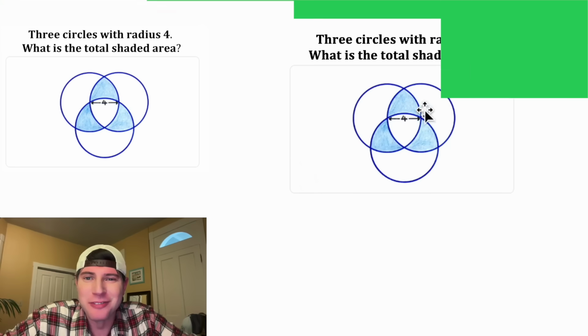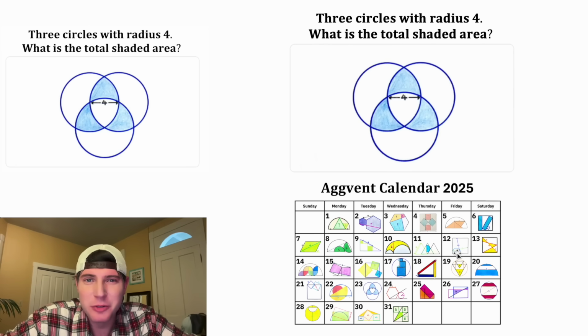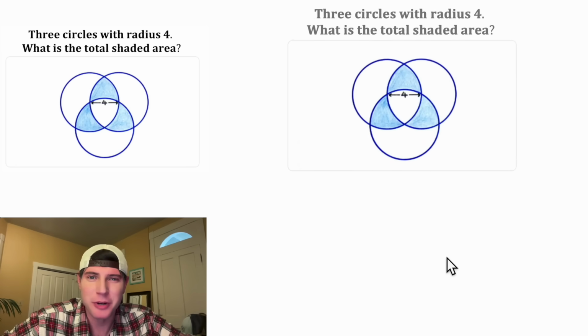Hey guys, this looks like a fun one. We're given 3 circles with a radius of 4, and it's asking what is the total shaded area. This is day 23 of the 2025 Advent calendar. For the month of December, we're going to try to solve 31 Catriona Agg puzzles in 31 days. And if you want to try this one, pause it right now because I'm going to solve it in 3,